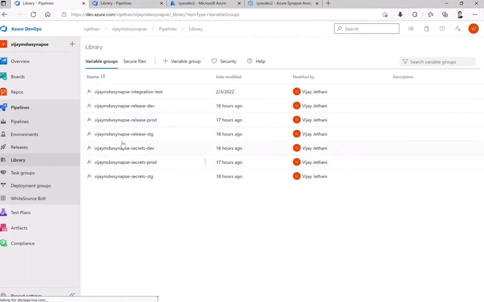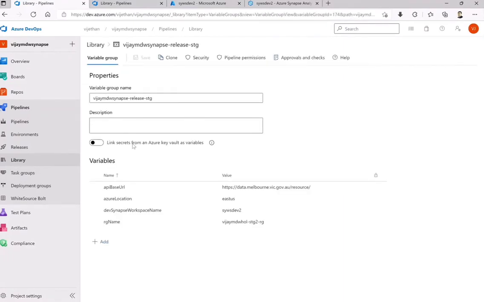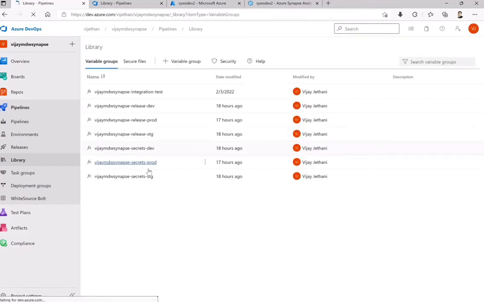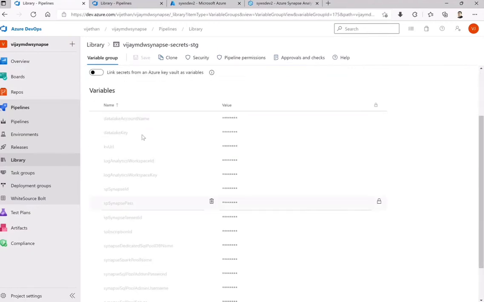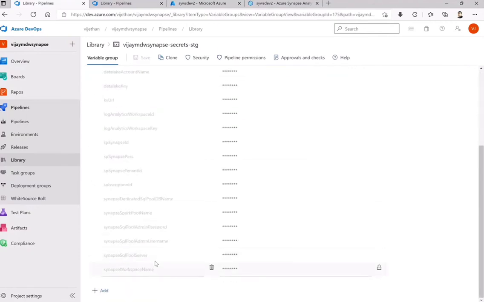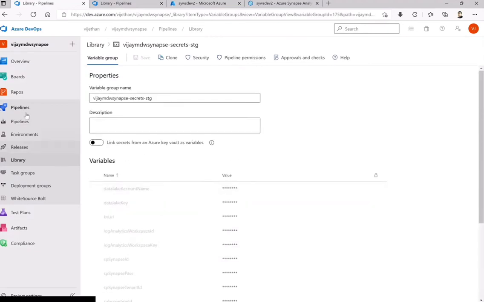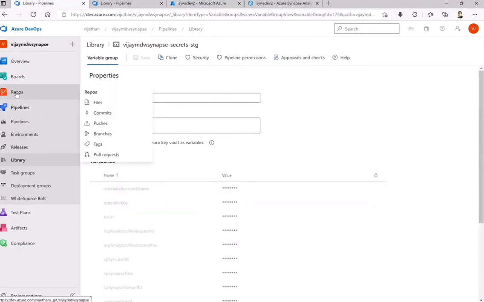So they are calling these groups, and in each of the groups they are nothing but calling the respective names, like the dev workspace name, right? Similarly, if I have to go to the release particular secrets, like for staging, okay, this is for release staging, and there will also be staging secrets. So whatever we have stored in Key Vault is here. It is trying to pull at runtime while we do those deployments. Okay, so that is from the pipeline per se.